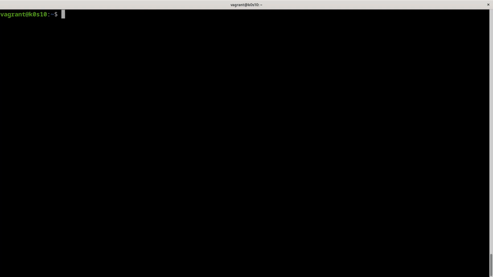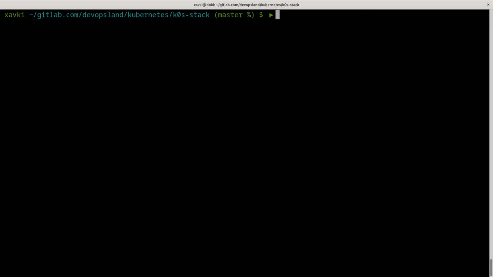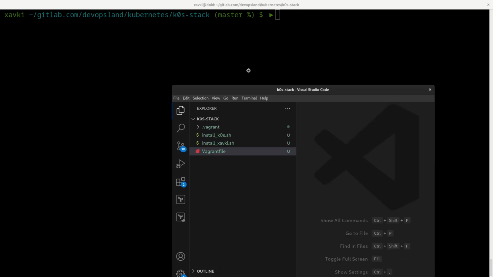But now what I want to do, I want to destroy all things. So I can go ahead and exit my virtual server, and I can destroy it. So vagrant destroy -f to force. I don't want a prompt to say me, do you really want to destroy your server? No, I'll be sure to destroy it. So it's okay, I destroy it. And now I explain you how we can just ensure to have it automatically.